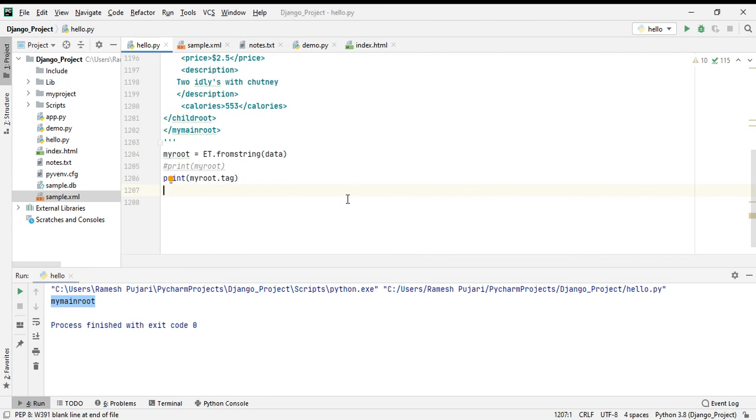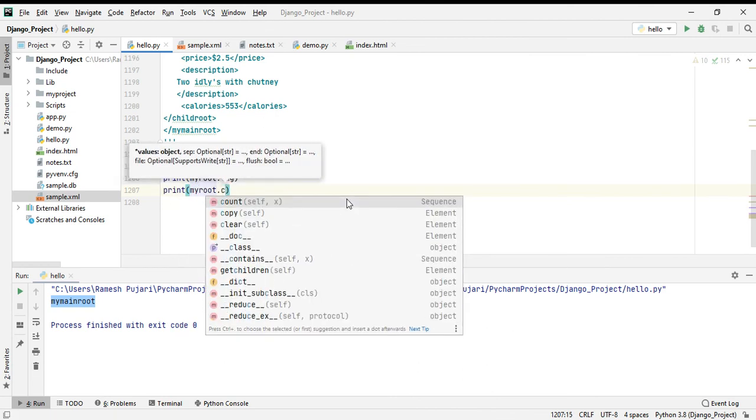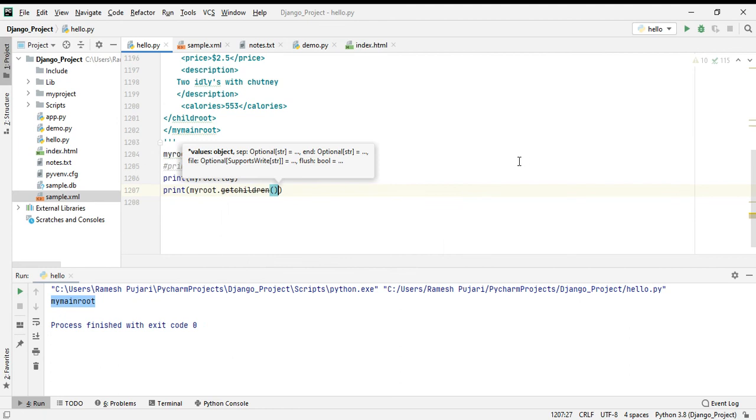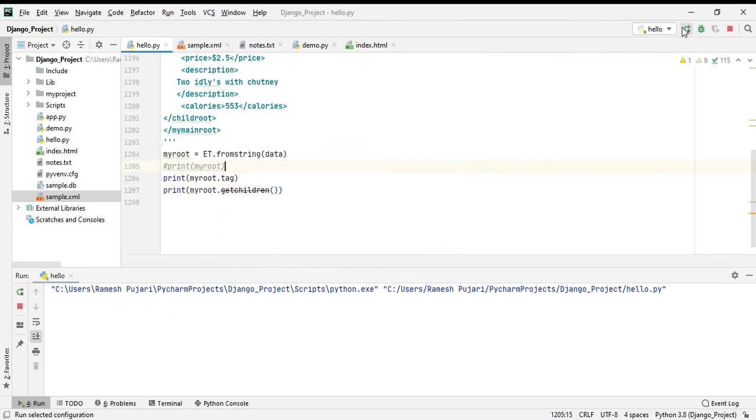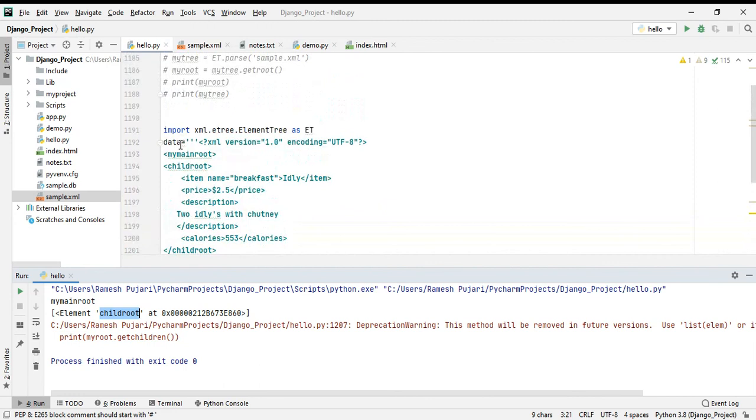By using the child element, print my root dot getchildren. By the getchildren method we can get the child root element. By using the getchildren method we can get the sub-child, meaning my main root is the root tag and this is the child tag.